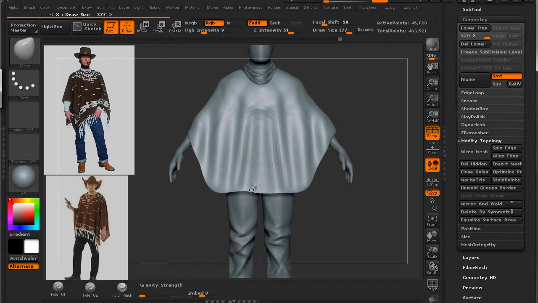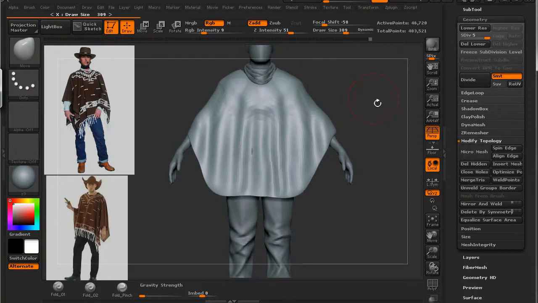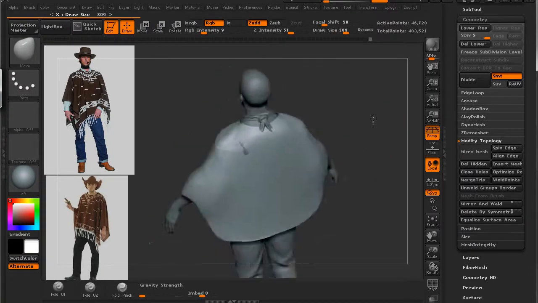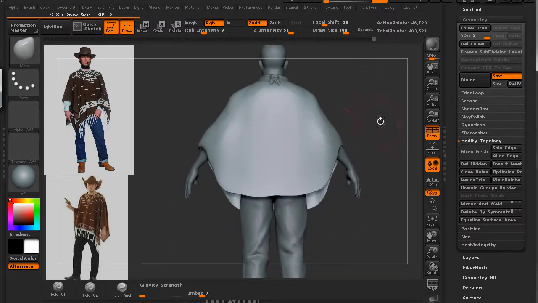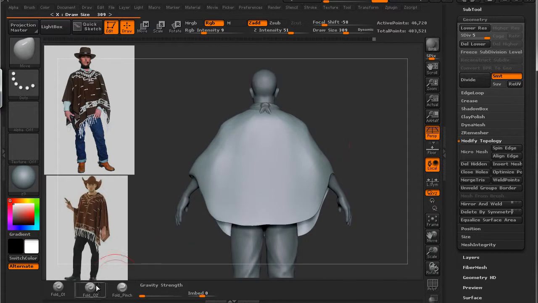I want to bring this down, probably straight down. So bring this over, then make sure that's covered. And just do the same thing on the back. Go back to X symmetry, go to Fold 01, and just think about the tension points, here in the shoulders, creating folds here,